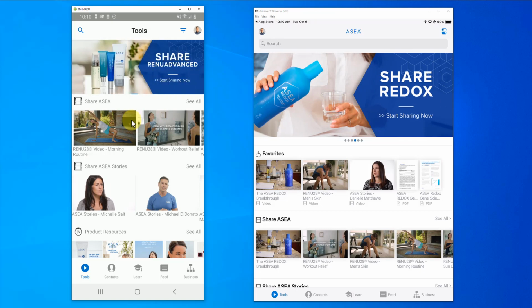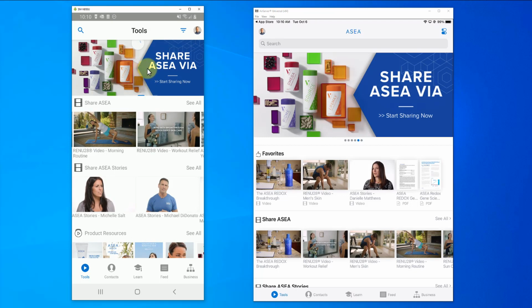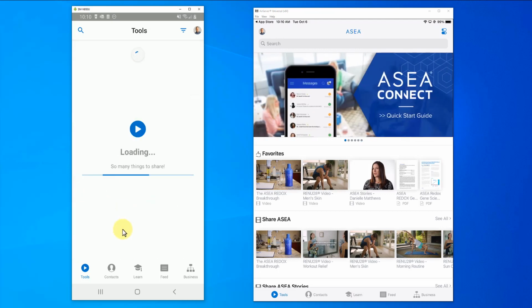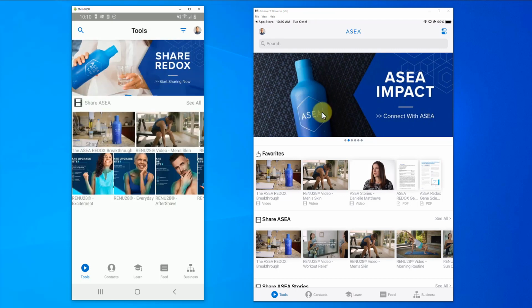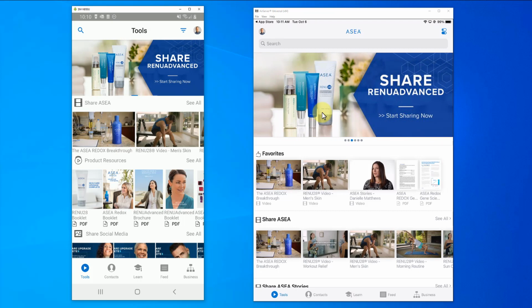To make sure you guys have the latest videos, I want to make sure to mention that there is a pull down to refresh option here. So as I pull down here on my Android device, you can see that that little wheel starts spinning up at the top. When I let that go, like a spring, it's going to refresh all of the content in the app, and it's going to show me all of the latest videos, all of the latest content right there in the app. Same process on the iPad.